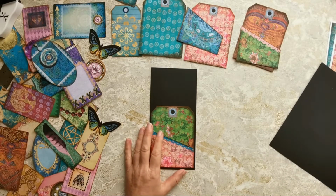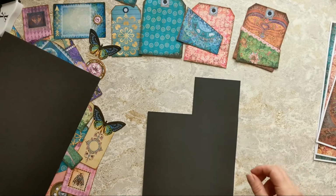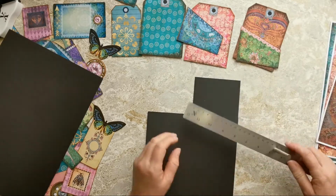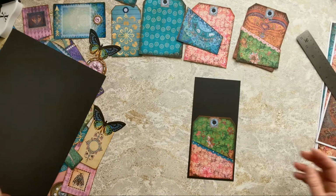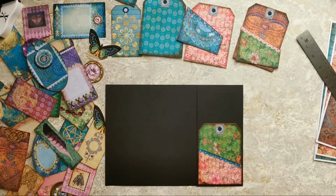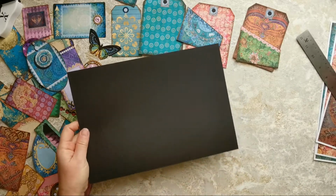So now I think I'll decide what I'm going to do for my main folio. Can I use that piece of paper? Will it go in half? No, I don't think it will quite, will it? Maybe. Could find a ruler. It's got my magnets attached. Being British, I tend to work in centimetres, but we're not dealing with measurements today. Just do what we need to do. I think I'll take this and use it as a template for my actual folio bit. So what I'll do, rather than measure, is I'll just mark, and then I'll take this into my